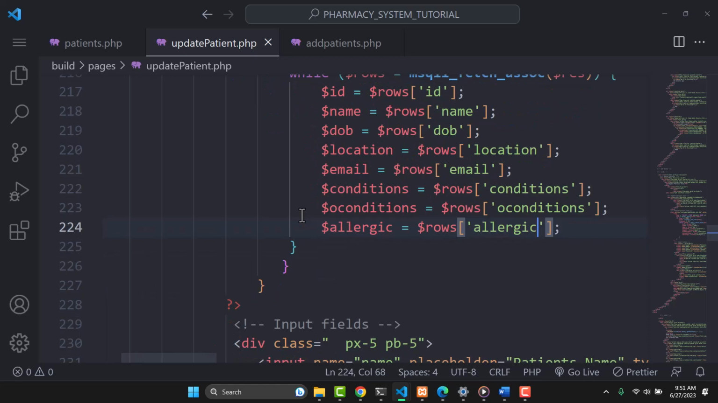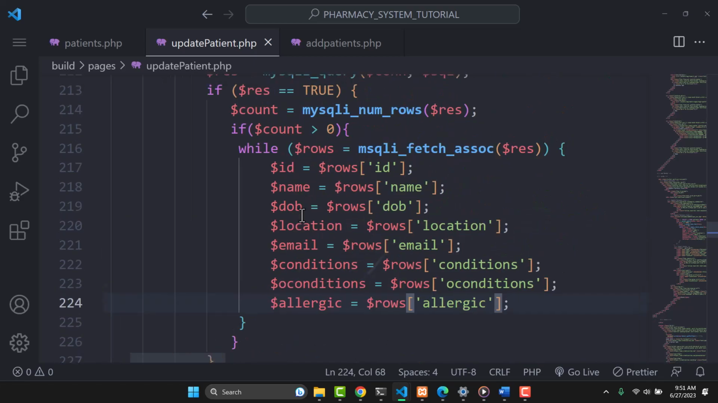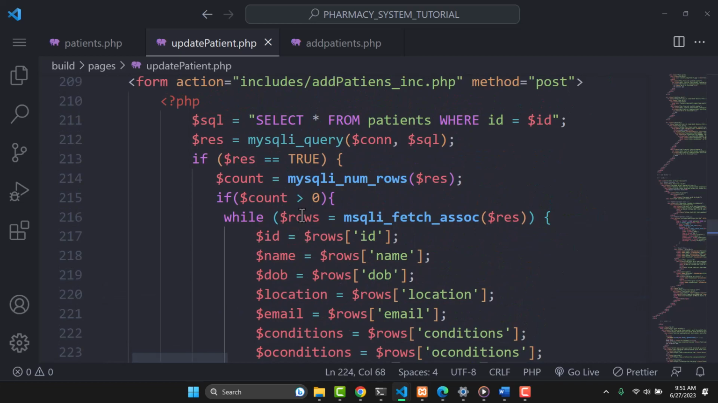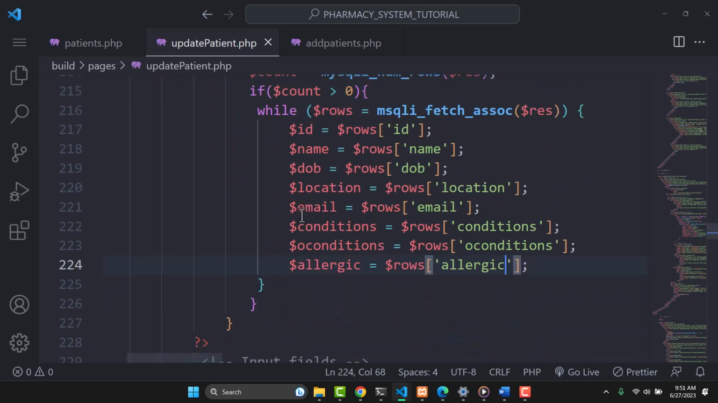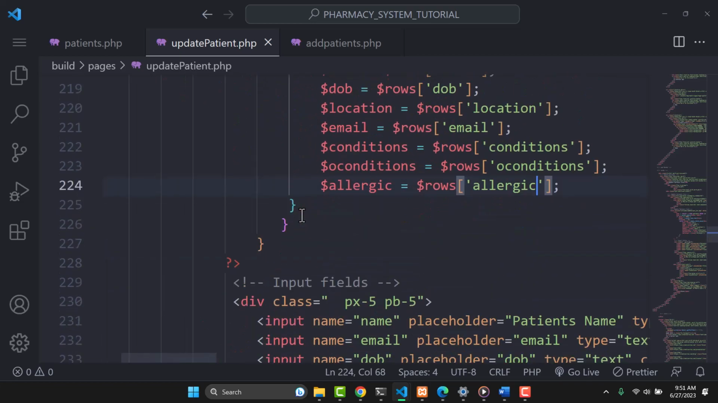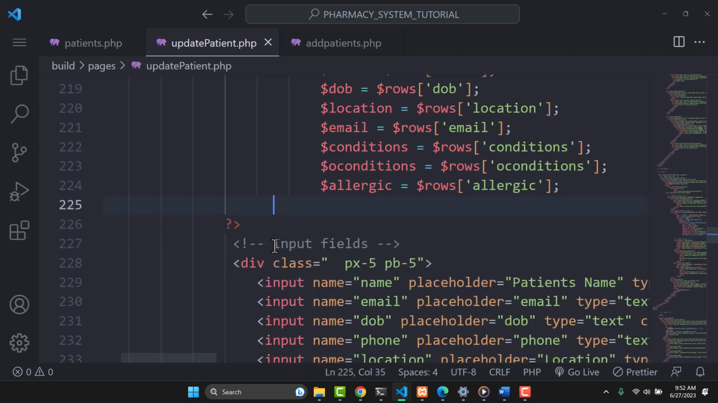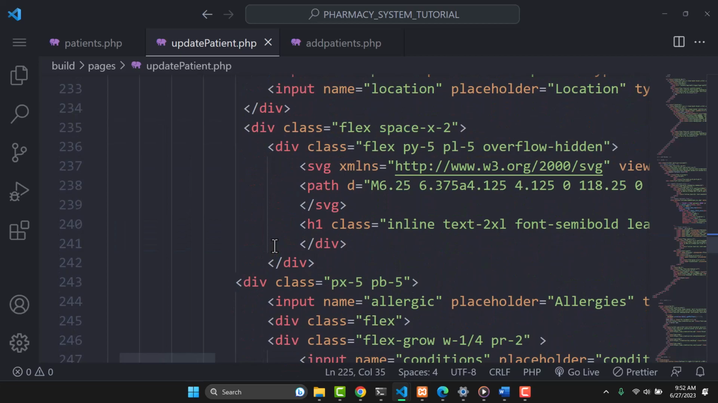So now we have the records stored in those variables, which means that we can echo them. And remember, these records are fetched based on the ID, based on the patient who is selected. So what I'm going to do is grab these three curly brackets because I want them to wrap